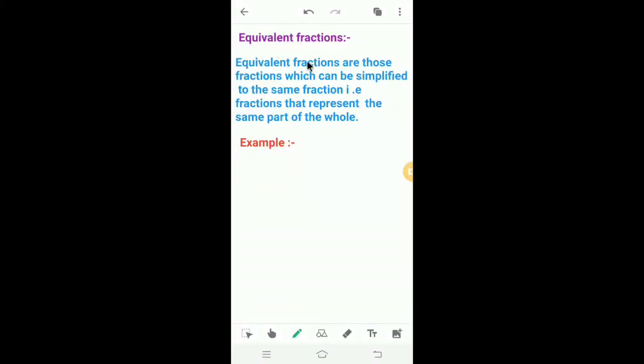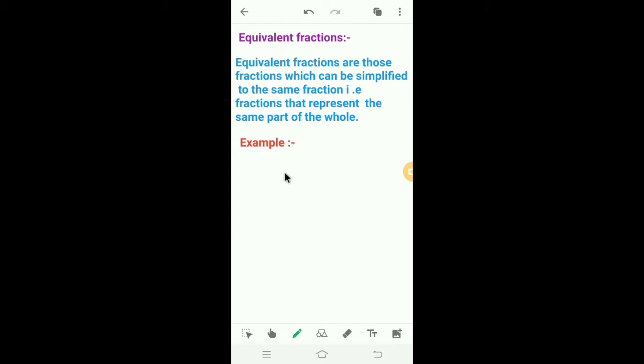Dear students, today we will learn equivalent fractions. Equivalent fractions are those fractions which can be simplified to the same fraction, that is, a fraction that represents the same part of the whole. We can simplify a fraction by dividing both the numerator and the denominator of the fraction